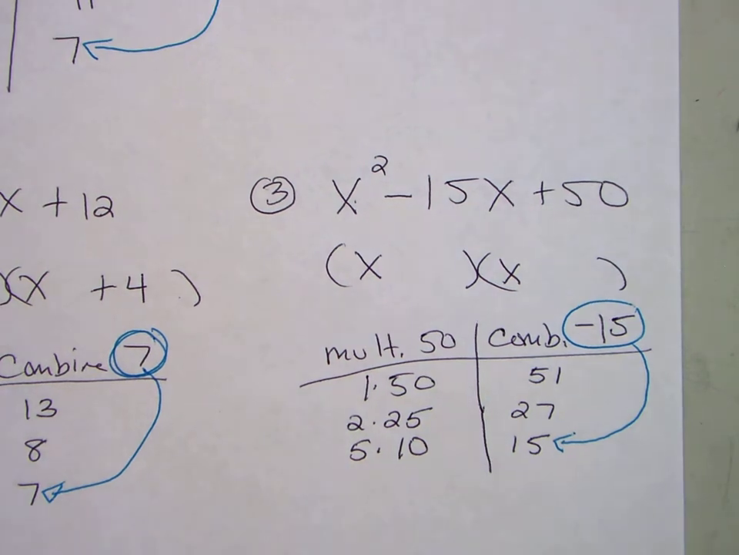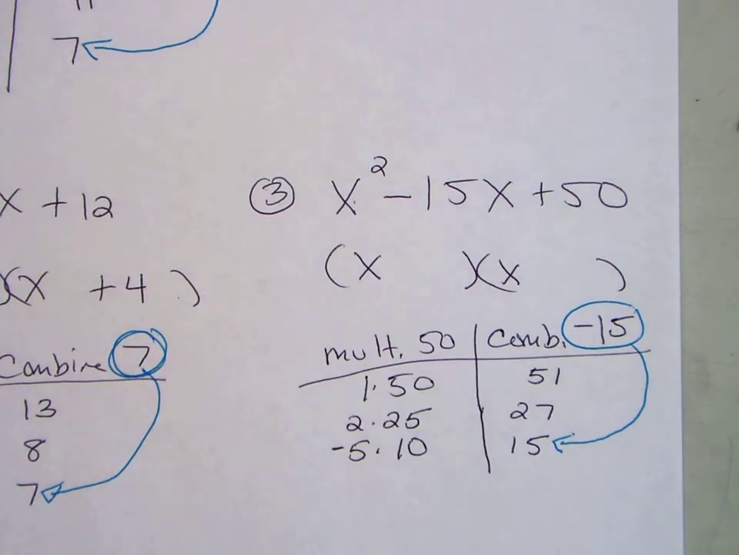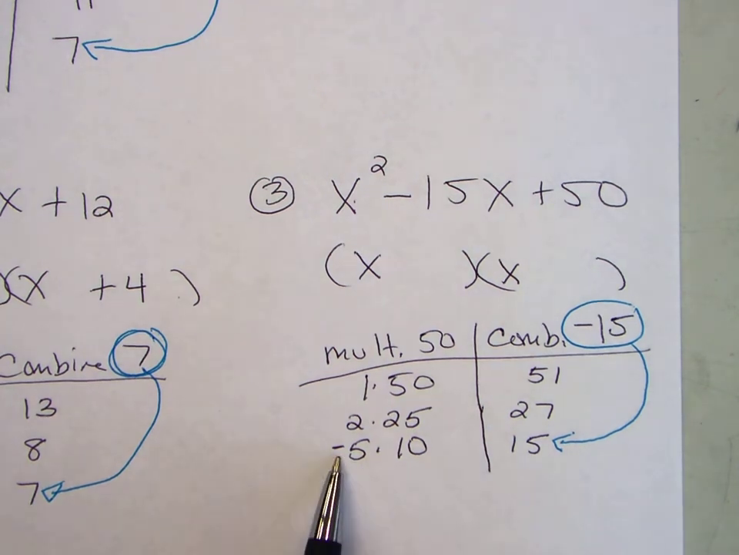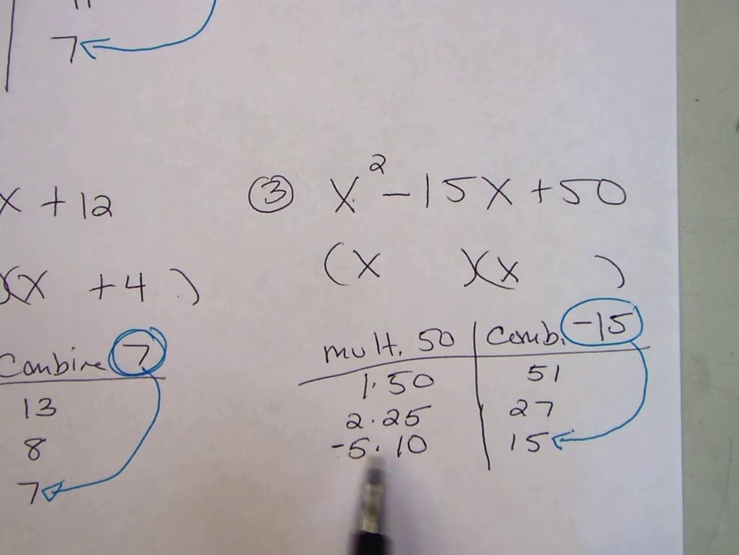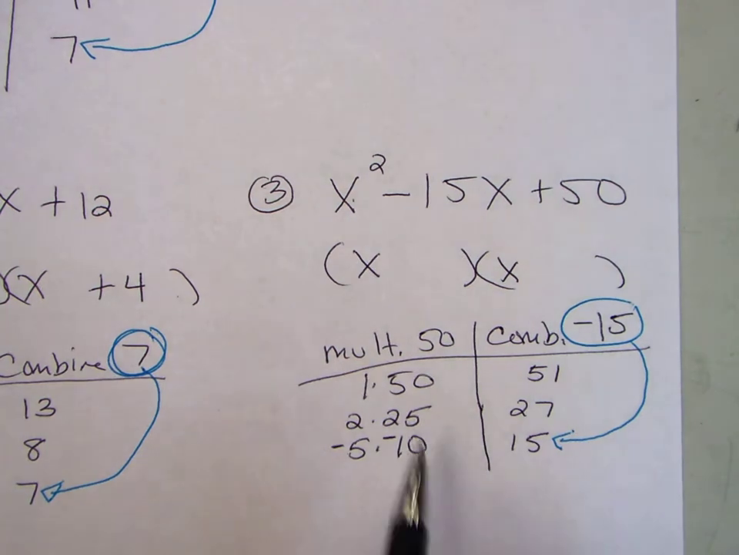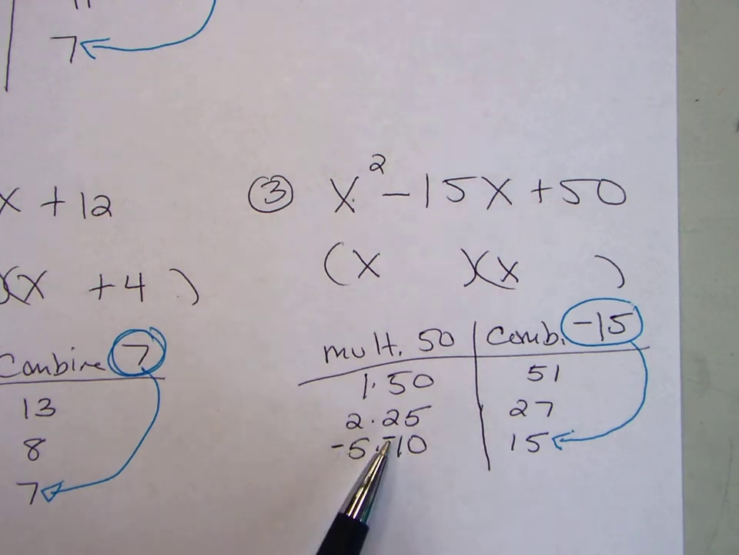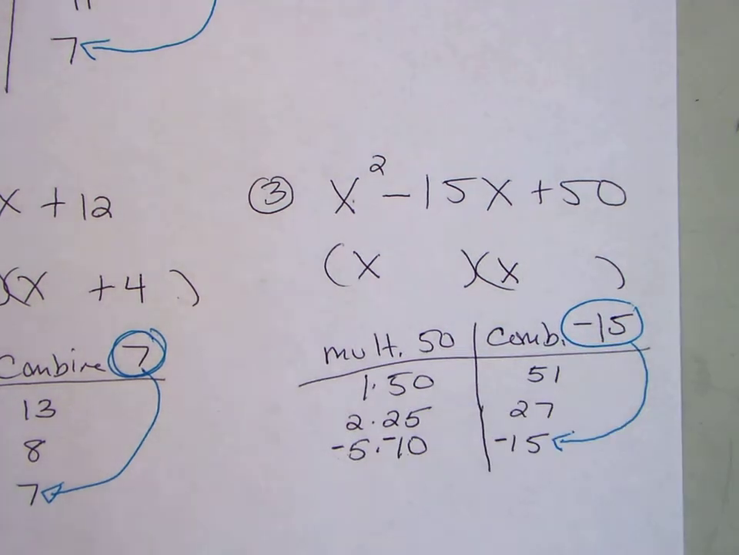Now, a lot of students, what they tell me to do is just make that 5 negative, or make the 10 negative. The problem here is negative 5 times 10 is negative 50. And also, negative 5 plus 10 is 5, not 15. So we're going to make them both negative. Okay? When you're multiplying to a positive number, both numbers have to be the same sign. A negative times a negative is a positive. A negative plus a negative is a negative. So change the sign